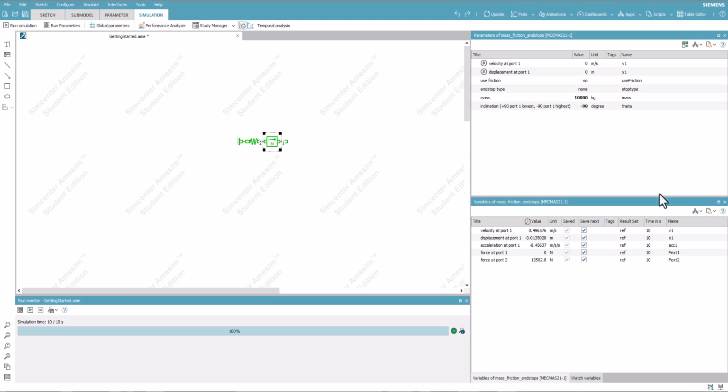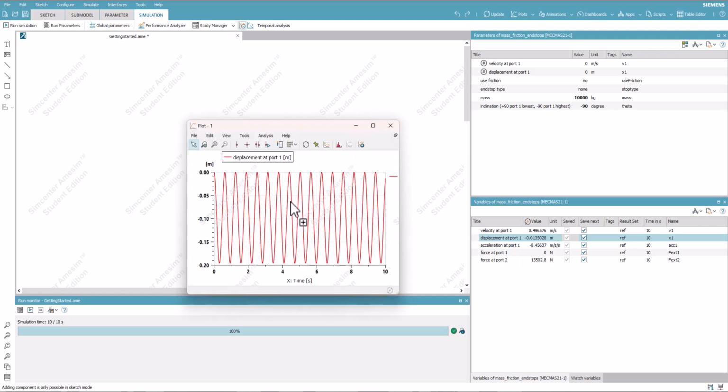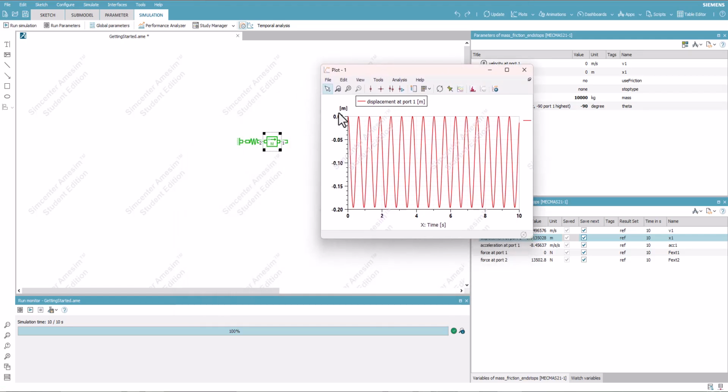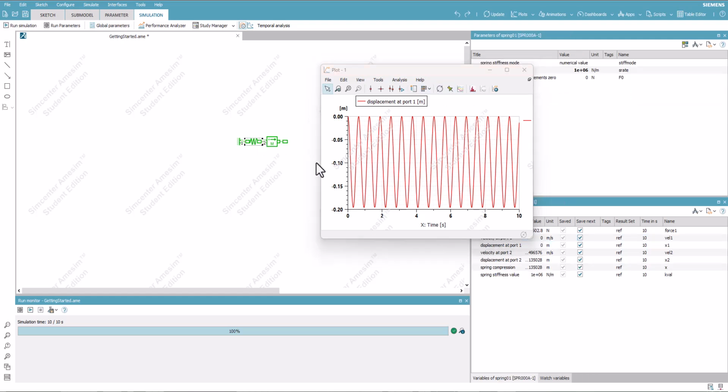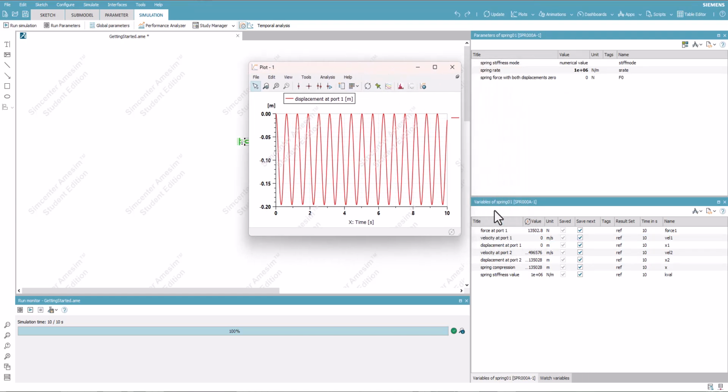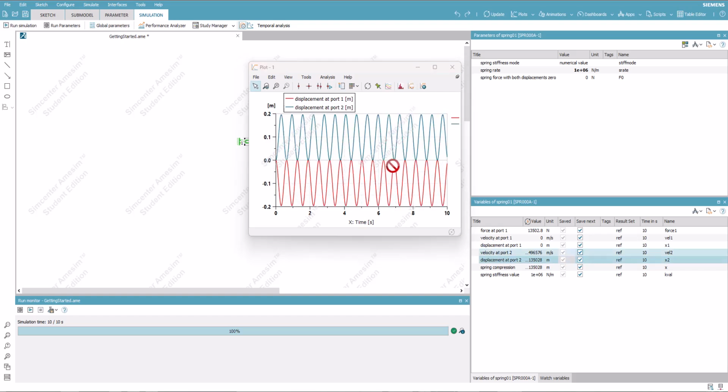The variables window, by default, will appear to the bottom right, with the value at the end of the simulation displayed for each variable. To visualize how each variable changes across the simulation, click and hold down the left mouse button and drag the variable into the sketch window, displaying the plot for the said variable. These plots can be further analyzed with ruler tools, zoom features, and others. Two variables can also be compared on the same plot by clicking and dragging the second into the plot window.